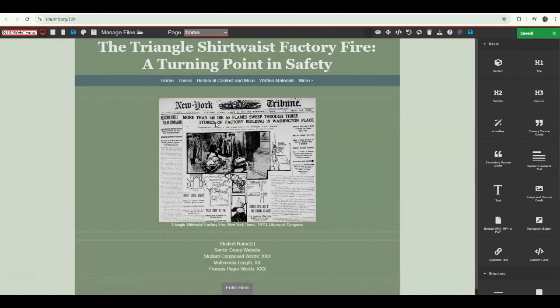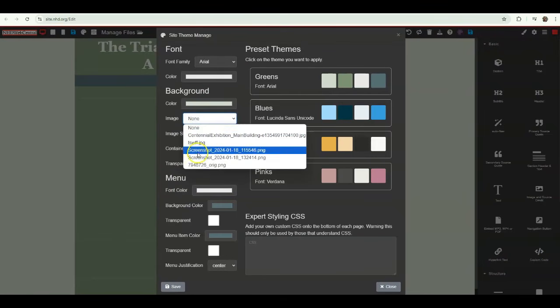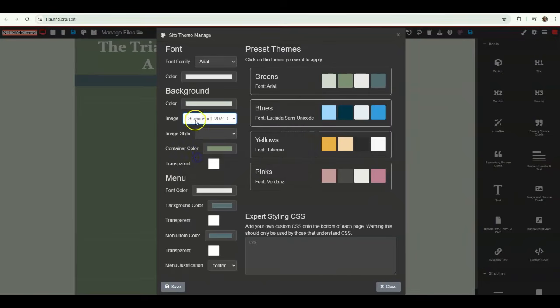And I know some students like to add an image to their background rather than a color, like here we have green. So I'm going to show you quickly how to add an image as a background. This might not be something you're interested in, but it is a great way to modify the design of some of your pages. So if I go to click Edit Theme, and then I come over here to my left-hand side, I can go to the background section, and under Image, I can select one of the images that I